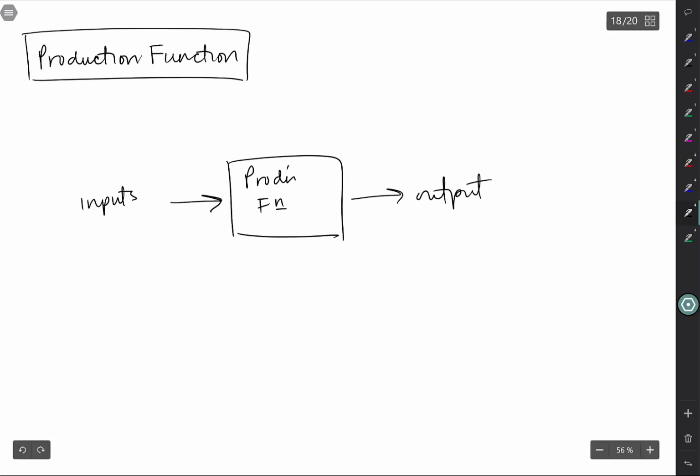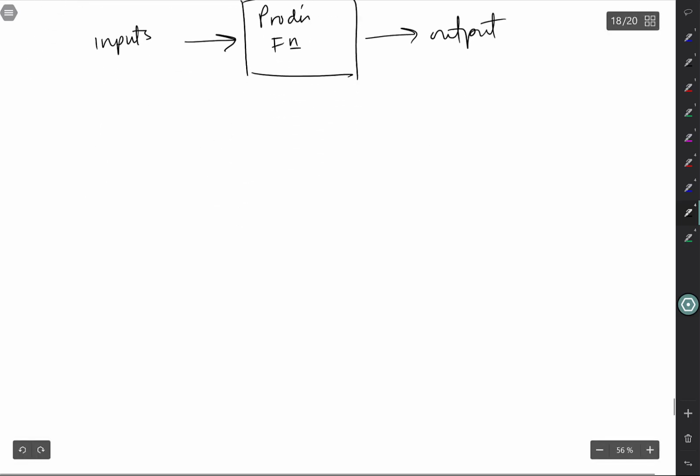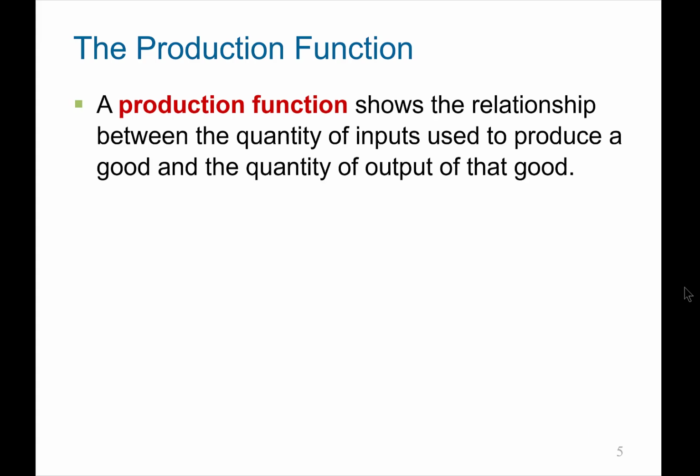And so another way we can describe the production function is with a table. So for example, let's say that, let's see, how should I describe this? Actually, let's go to the slides. Let's use the example on the slides. So let's assume that